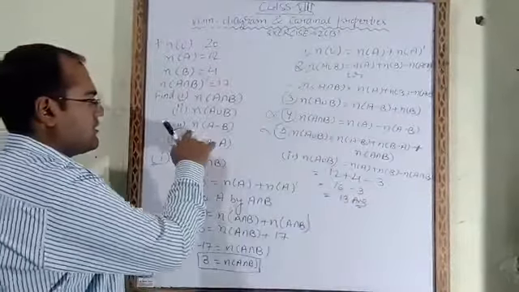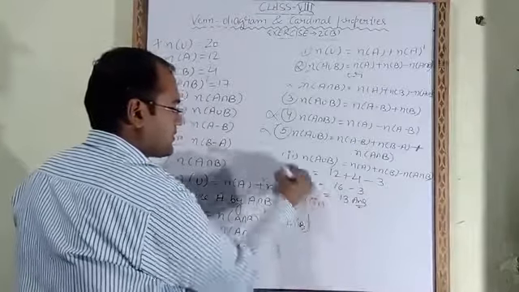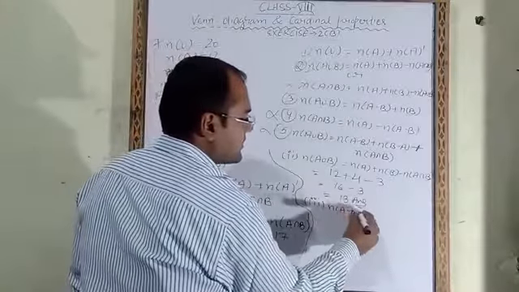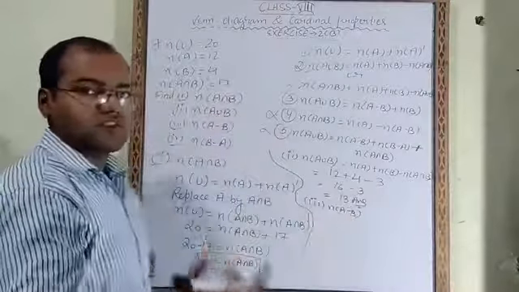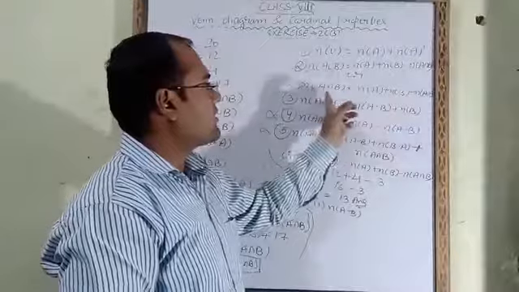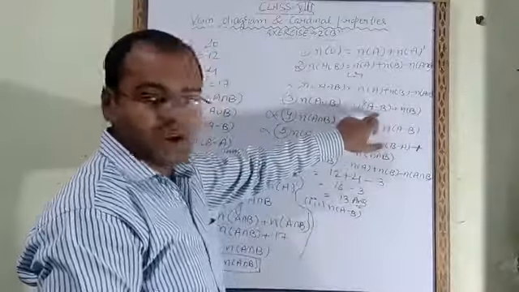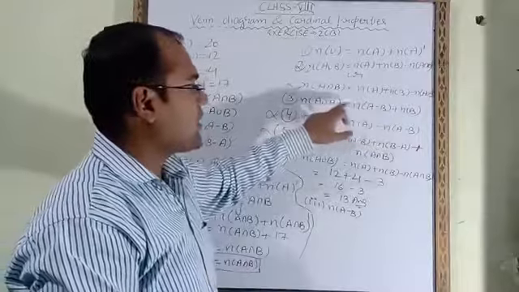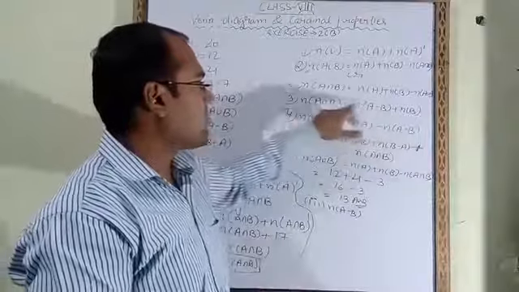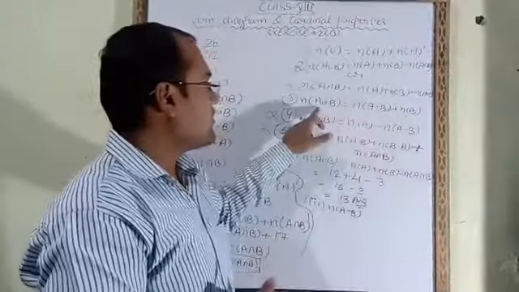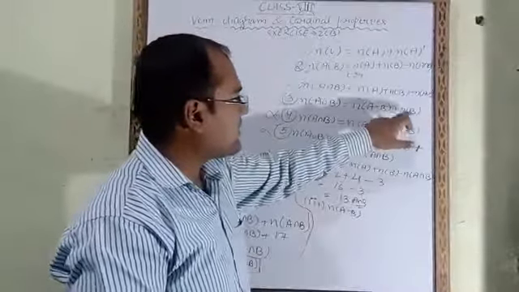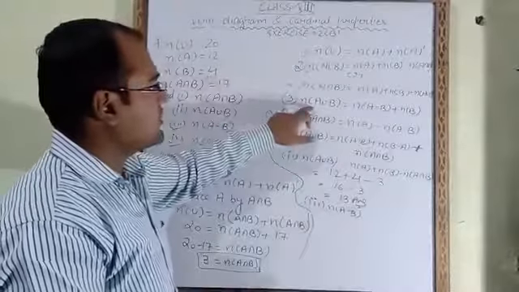Now next part is part number 3. We have to find n(A minus B). Now we will check this A minus B is coming in which formula. In this formula A minus B is not there. In this also A minus B is not there. In this also not there. A minus B is coming here. So n(A union B) formula is n(A minus B) plus n(B). So this value we have to find. So rest of the two terms value we need. A union B. Just now we had calculated A union B, answer is 13. Then n(B), it is given in the question. So we will use this formula.